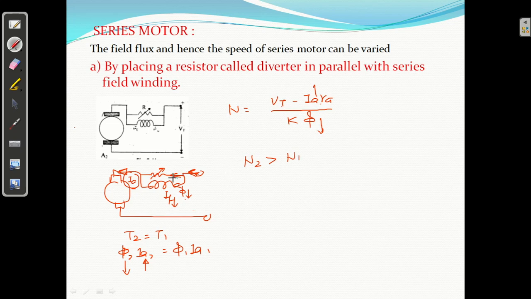As you change this, you can get different speeds. Clear? So this is called the diverter method. We have connected a resistance in parallel with the field winding, so it will divert the field current, right? So this is the method. Now the second method we have,